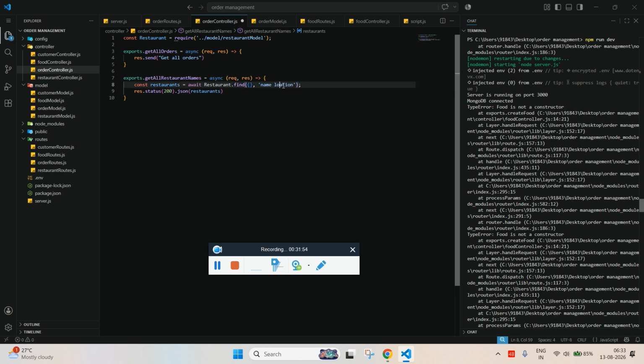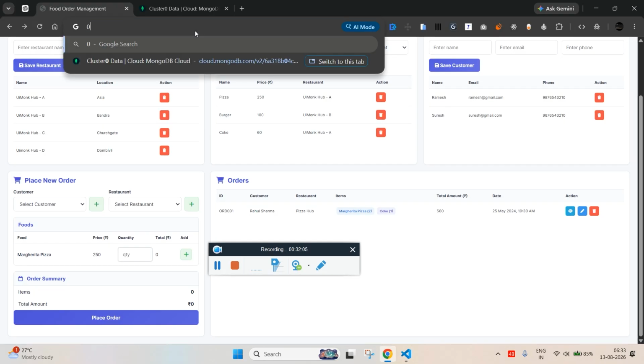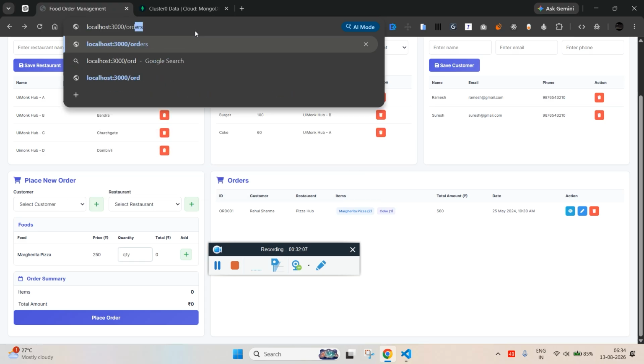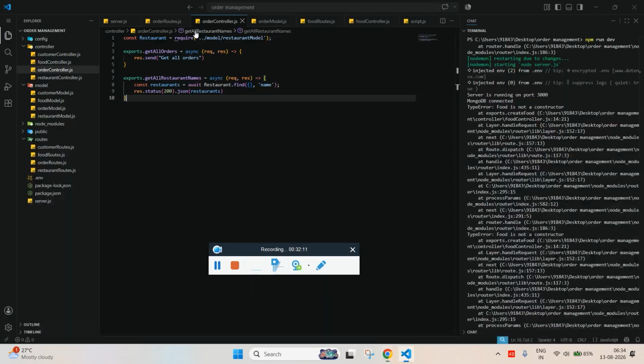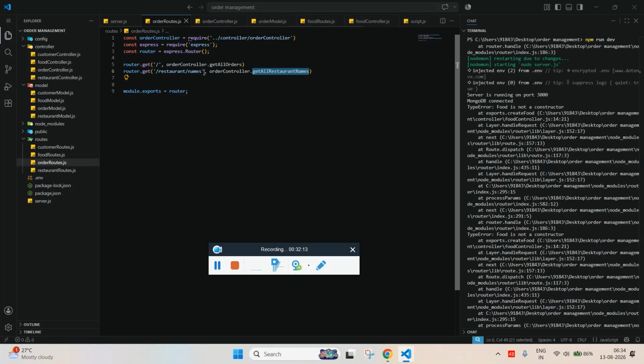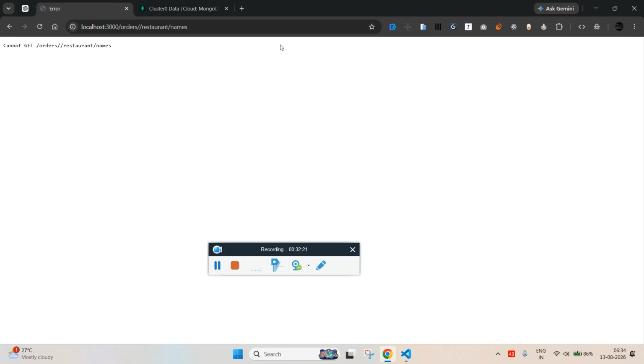We don't need location, we just need name. And let's just check whether we are able to get it properly: orders slash, so we'll just copy paste the route URL, the request URL. If I hit, you should see